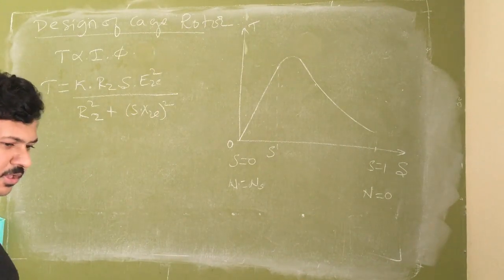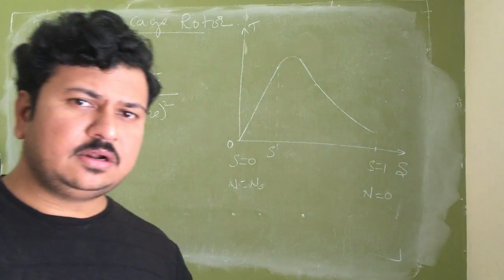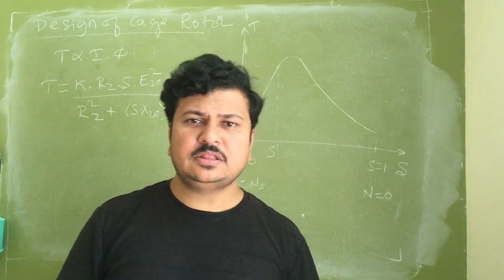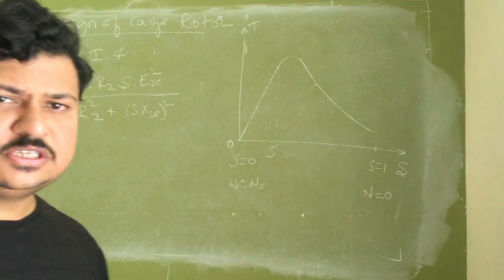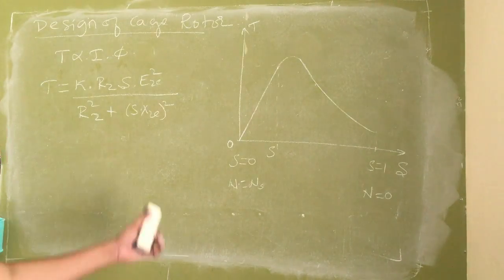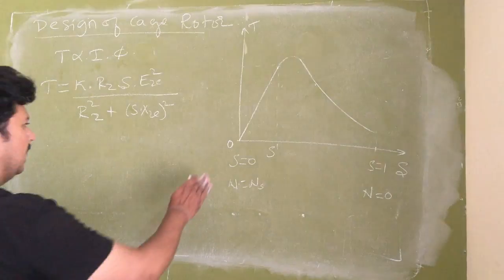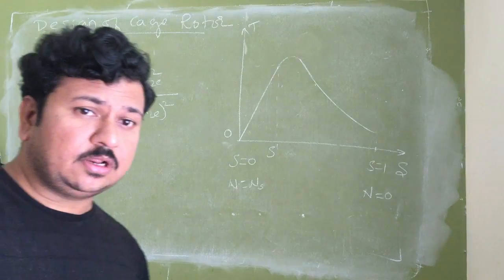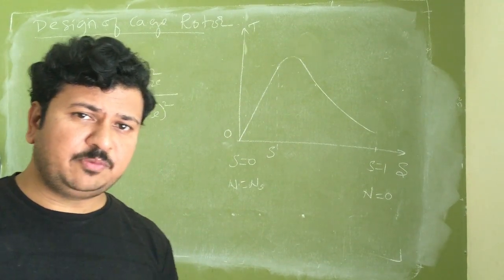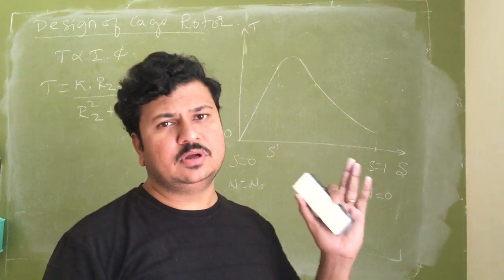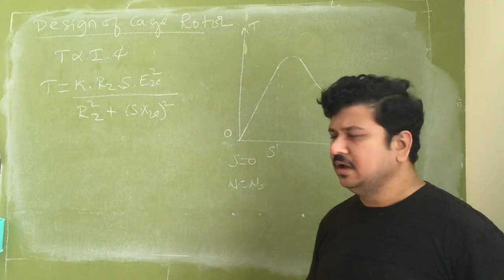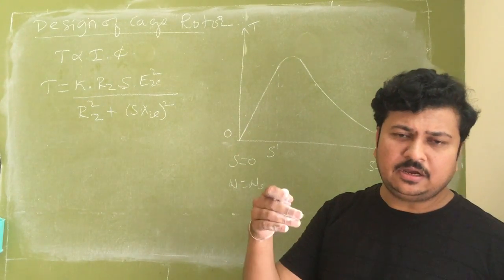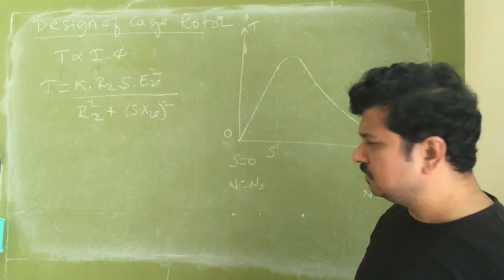Whatever the synchronous generators we use in our regular conventional power plants, hydroelectric, thermal, nuclear and all, those are constant speed synchronous generators, whereas in windmills we use variable speed synchronous generators. Now, if I increase the speed of the rotor beyond synchronous speed, that is possible only by the connection of a prime mover. Without a prime mover, I cannot take the rotor speed of an induction motor even to synchronous speed. It will always be less than synchronous speed.